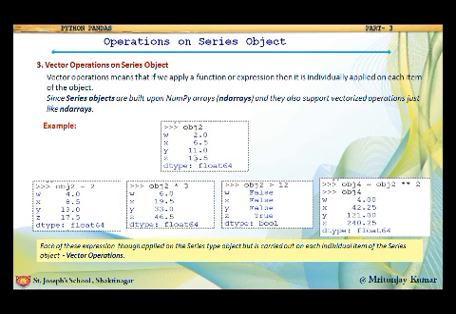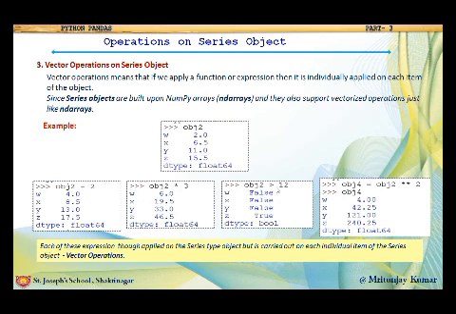an example: there is an object obj2 having 4 values with the index w, x, y, z. Now we will perform some vectorized operations, for example obj2 plus 2. You can see this plus 2 has been applied to all the values of each index. That is, plus 2 has been applied to index w, also x, y, z. So all the values have been increased by 2. Now similarly, in the second example, object 2 into 3, that is, all the values have been multiplied by 3.